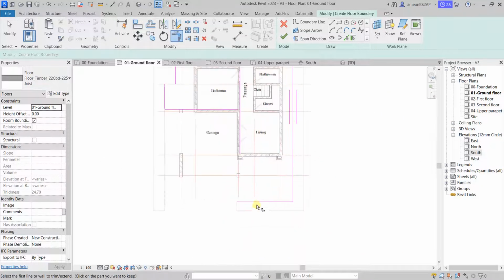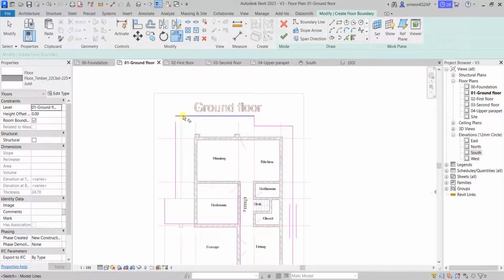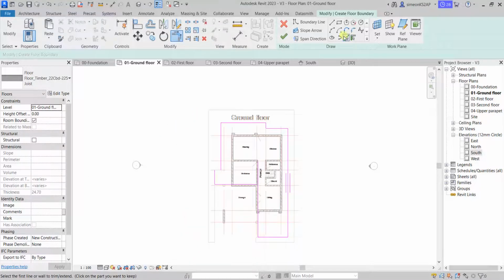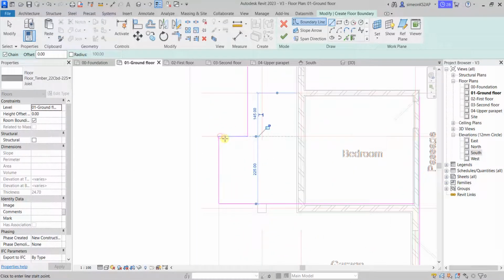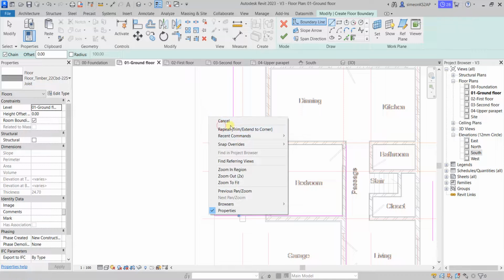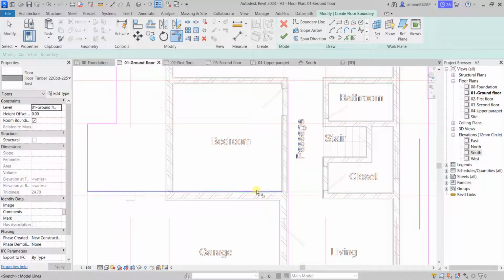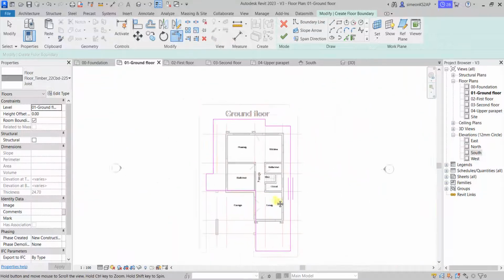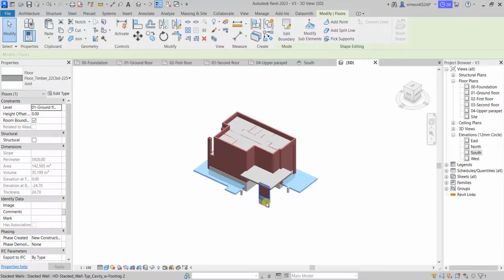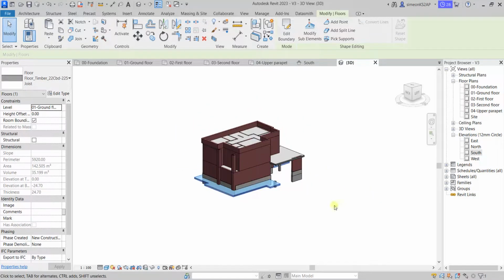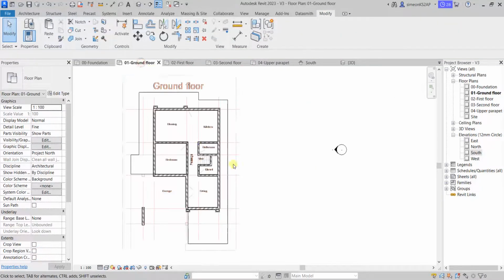All right, trim and extend, and this one here I'm going to add one more line, and this is it. So I will trim and extend, and now that's it. That's great. Now I think we remain with the slab for our garage,